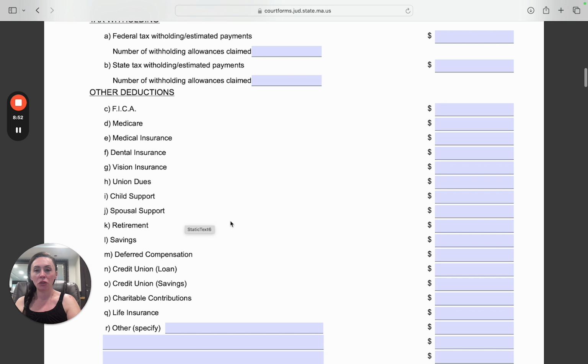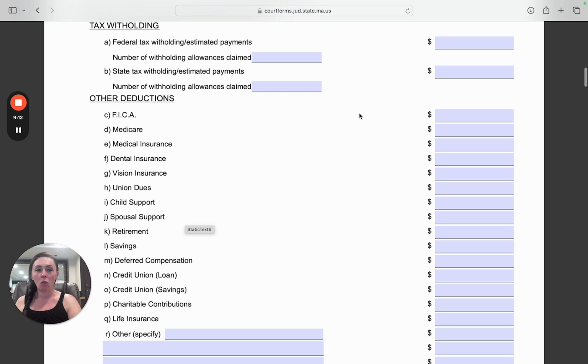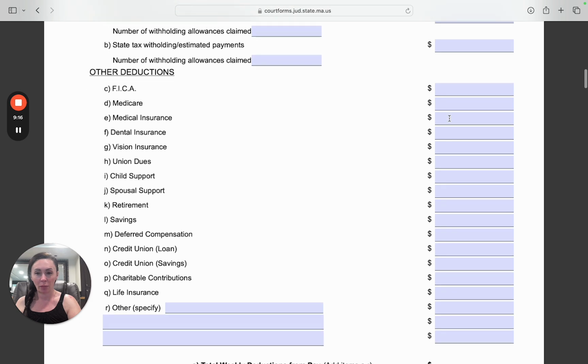What you need to do is figure out, and some payroll companies designate things in a clear way, sometimes it's not entirely clear what the deductions are on your paycheck. So if you need clarification, reach out to your HR or your payroll department to make sure you understand what's what. But we need to know what your federal and state income tax withholding is from your paycheck,